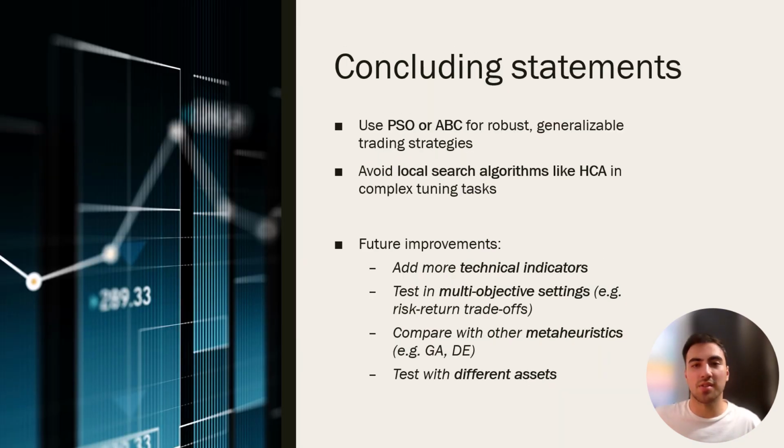Based on these findings, we recommend using PSO or ABC when building robust, generalizable training strategies. These methods are better suited for complex tuning tasks than local search algorithms like HCA, which tend to get stuck in suboptimal regions. Looking forward, further improvements can include incorporating additional technical indicators, testing under multi-objective scenarios such as balancing return and risk,